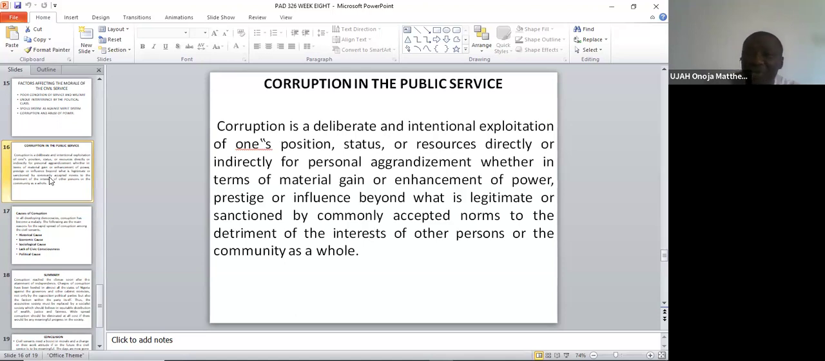And that is why, like we know it in Nigeria, corruption is one of the challenges that we continue to grapple with and has, to a large extent, retarded development and even the functionality of the civil